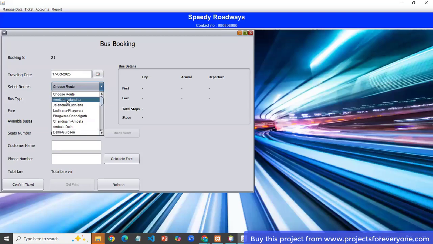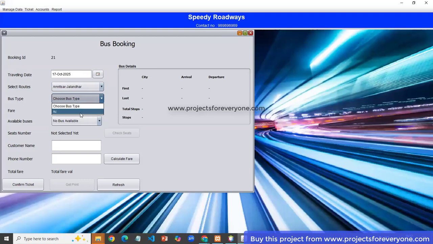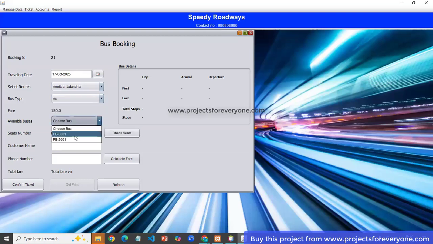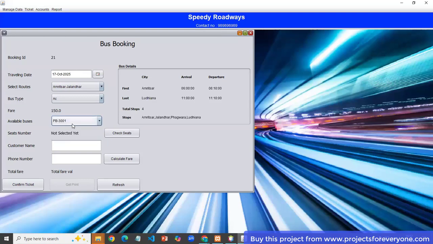So just as an example, Amritsar to Jalandhar, we have an AC option. We have two buses. The last we added was 2001. You can select any. You can check arrival and departure time.